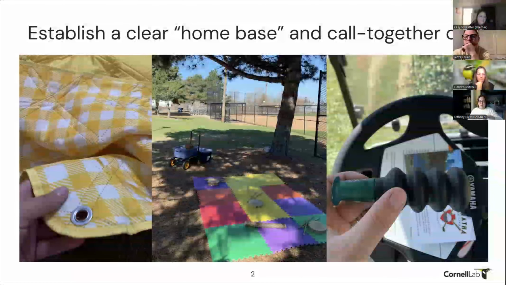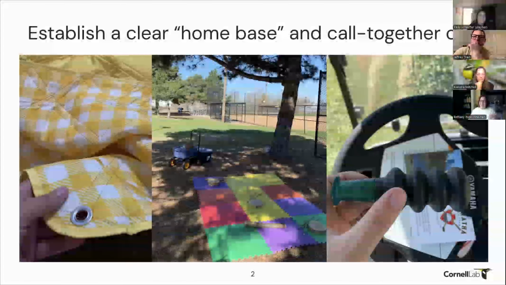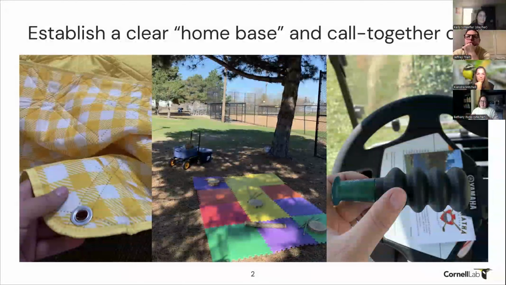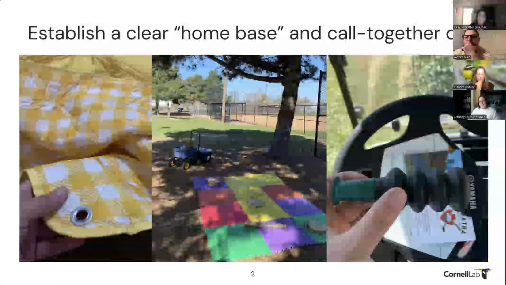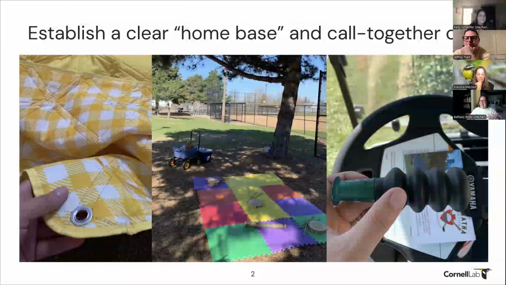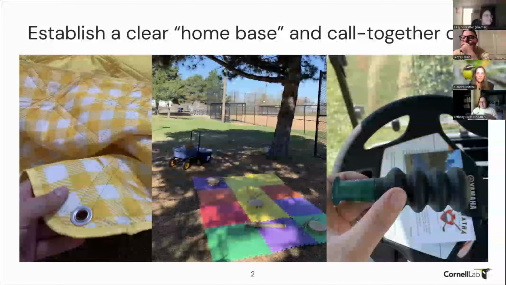I don't super recommend the puzzle mats I have here. These were just what we had when I started in my role. I purchased several inexpensive machine washable picnic blankets and went to the hardware store and got a grommet kit. And we use lawn staples so that the blanket can't, there's always going to be the kid who wants to roll up inside of it. It's not going to be roll-upable. So we use picnic blankets, we use outdoor mats, all sorts of things just to have, here's the place where we meet, we go out, we explore, we come back.